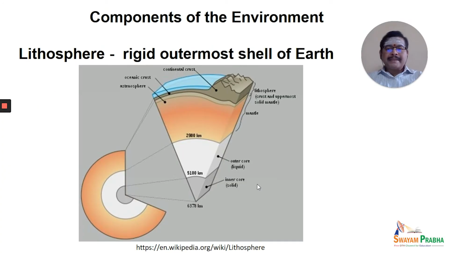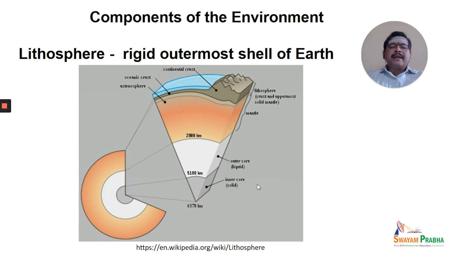Well, moving to the next component of the environment, that is the lithosphere. Lithosphere literally means or simply means the land on the earth's surface. For our easy understanding, we can call simply as the land. That is the solid portion of the earth. If you just look at the picture, we anchor our life in this land, and it is composed of continental and oceanic crust and the various layers of the earth which are interior. They include your core, mantle, and crust.